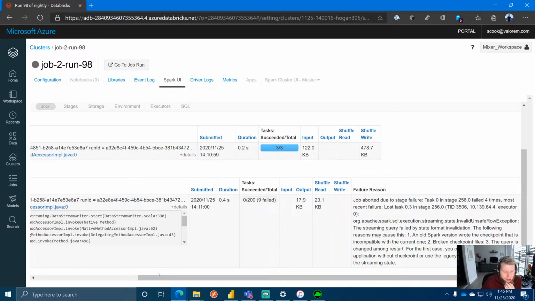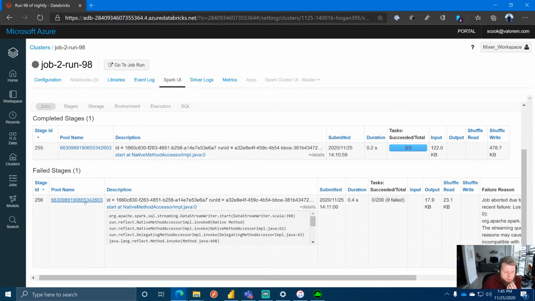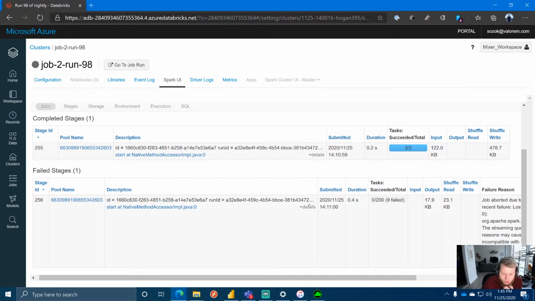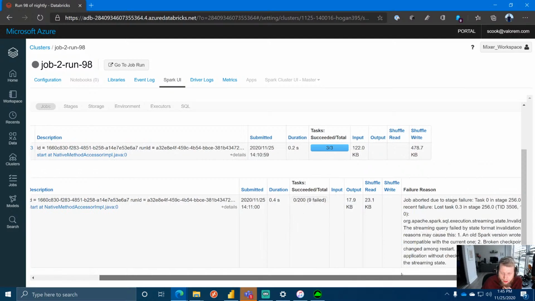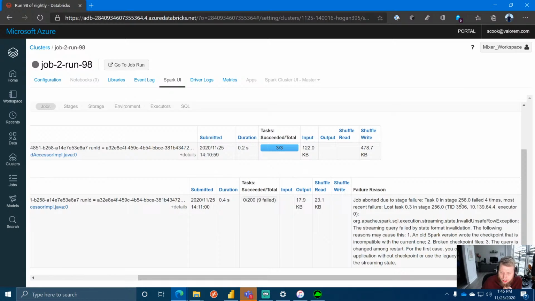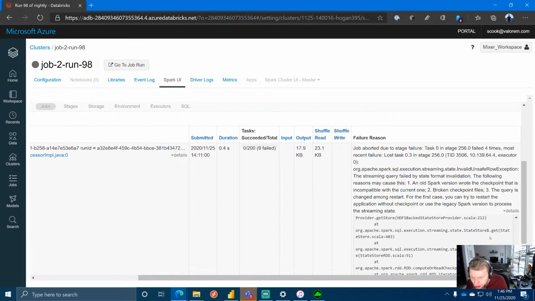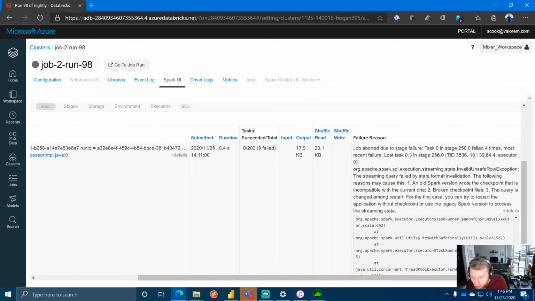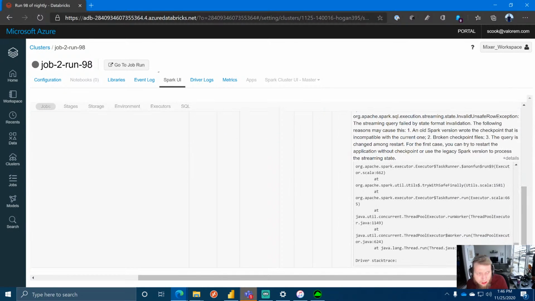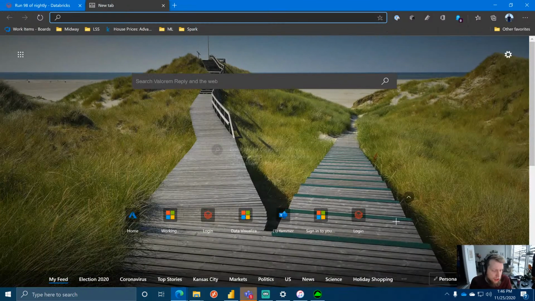So that's okay. Task. It should have told me which checkpoint broke. But what we can do